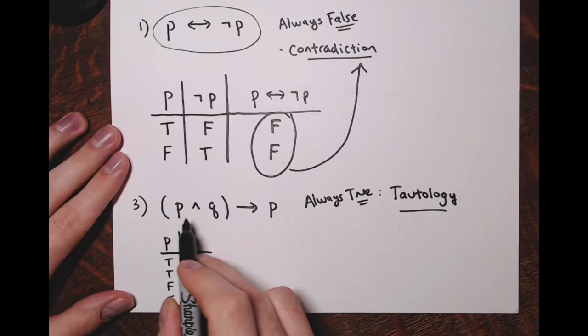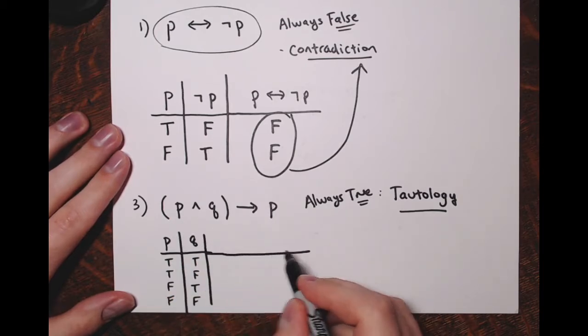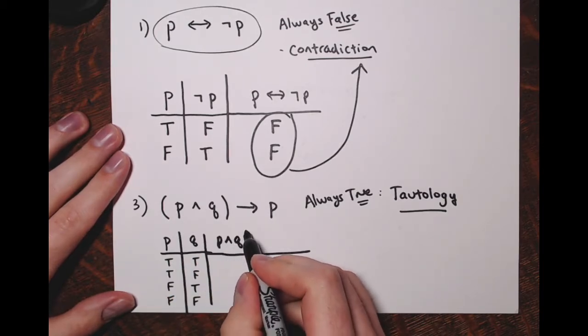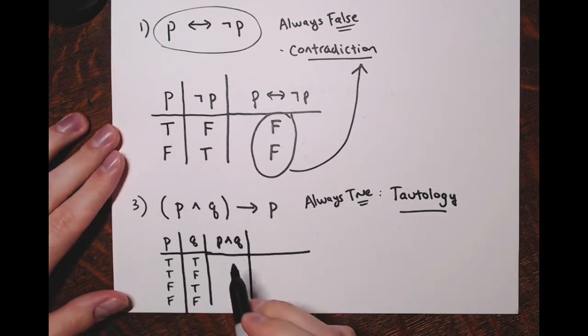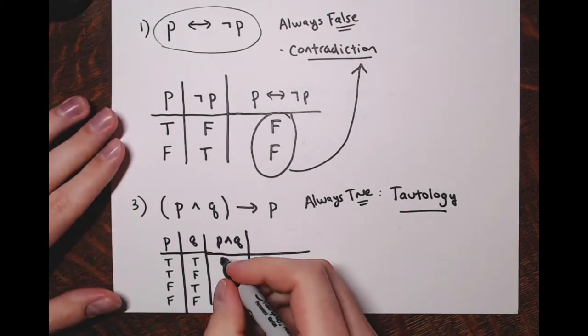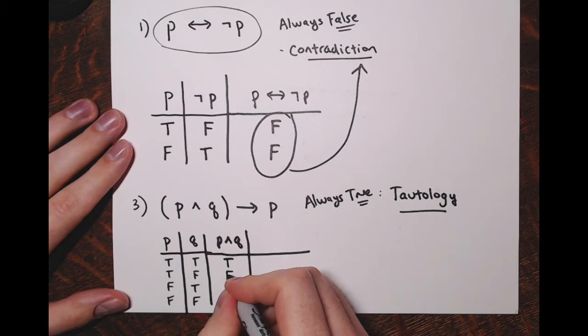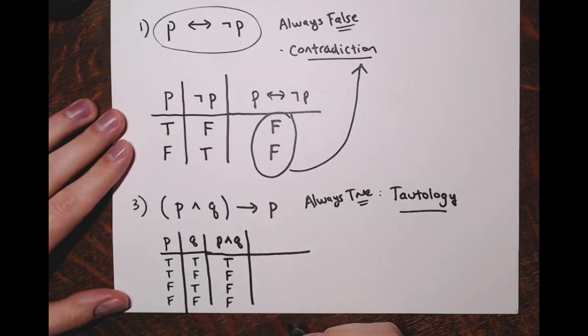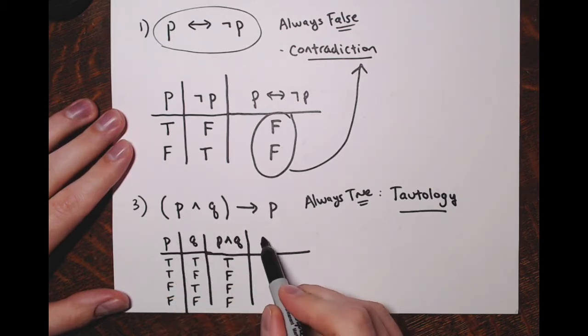All right, now I'm going to do the one in parentheses first, right? The hypothesis. We'll do P and Q. Remember, that's only true when both P and Q are true. So true there and false every other time. And then I'll put it all together. We'll have P and Q